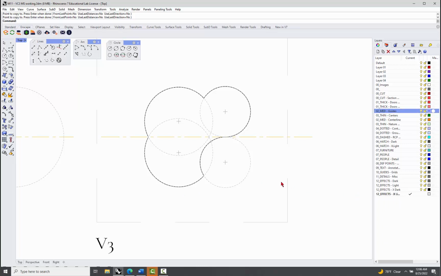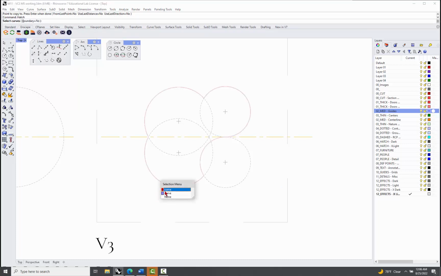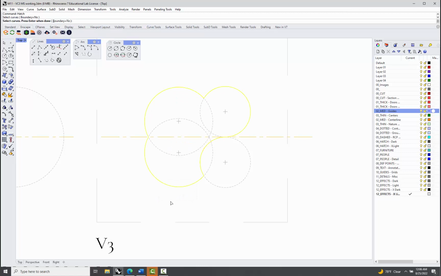So that's the current layer, and you can just hatch, and it'll let you select a curve. And if you select that curve, hit enter, it'll say hatch failed, which is always a lovely thing. But let's type in close curve and pick this guy, hit enter, and it said one curve closed by moving endpoint. So sometimes it may be a continuous curve, but it may not be closed,